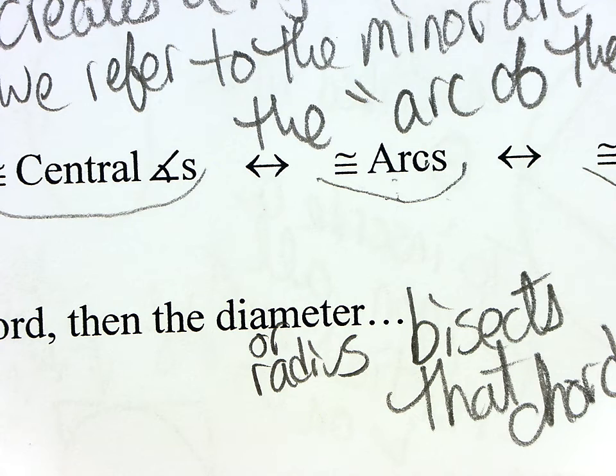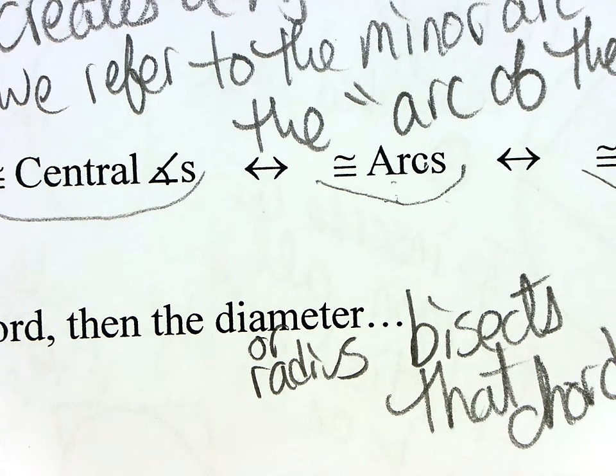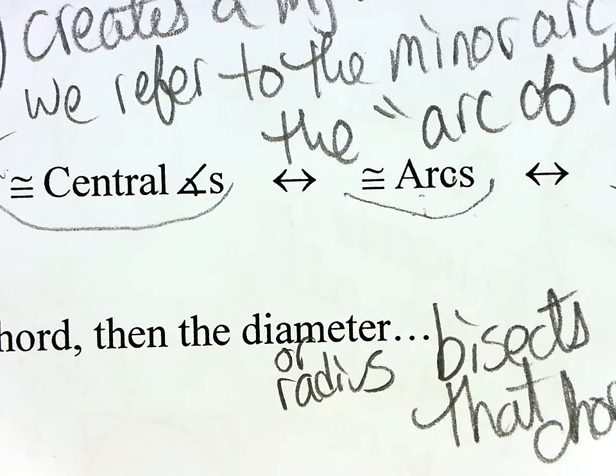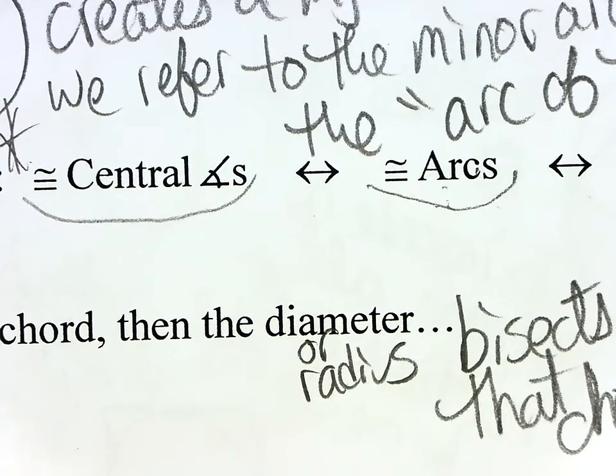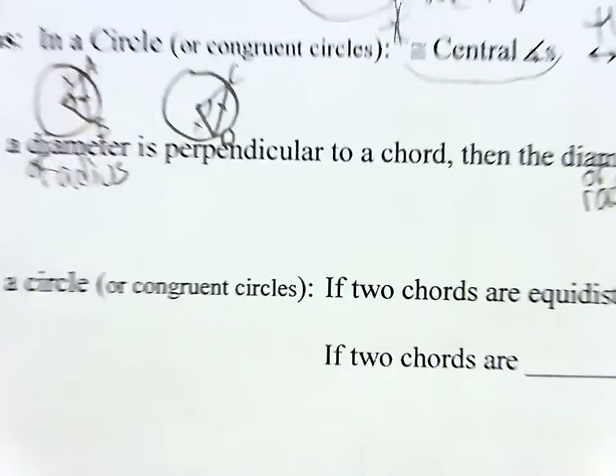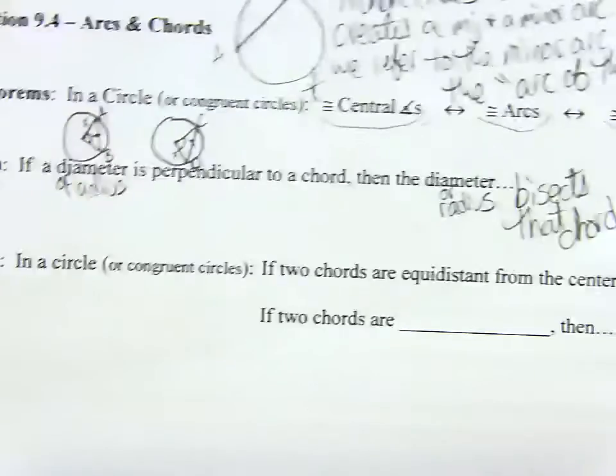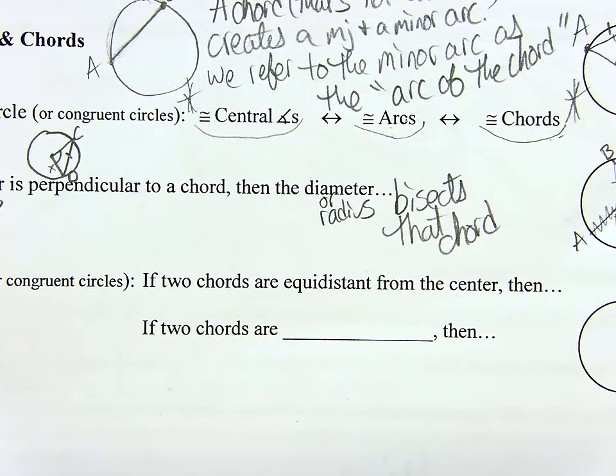And then one last one. All we have to do is fill in two more blanks. In a circle or congruent circle, if two chords are equidistant from the center, then